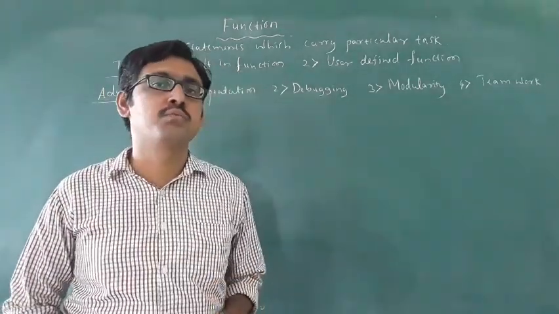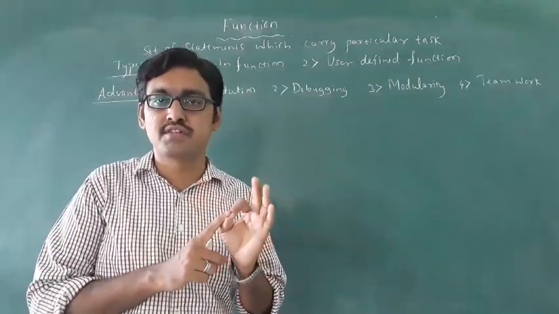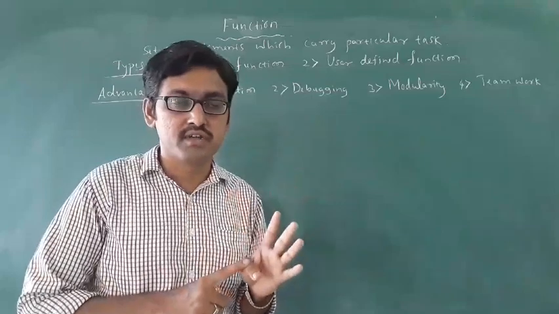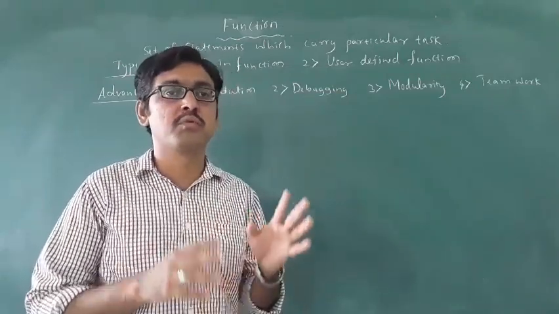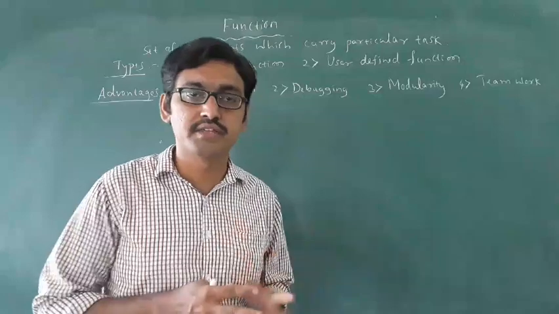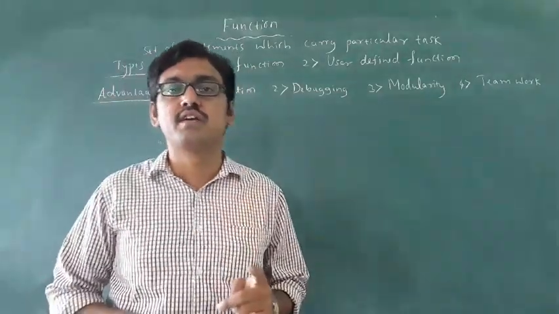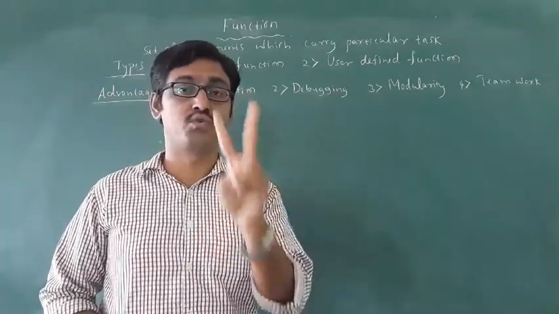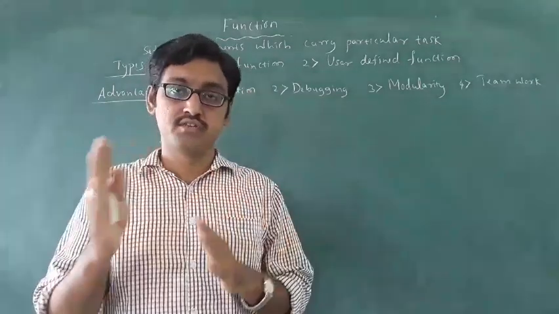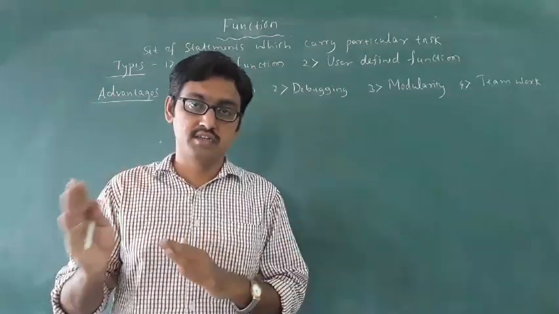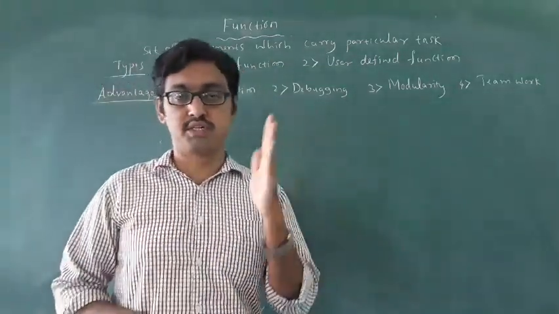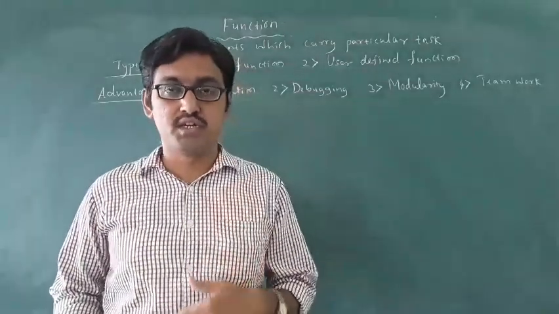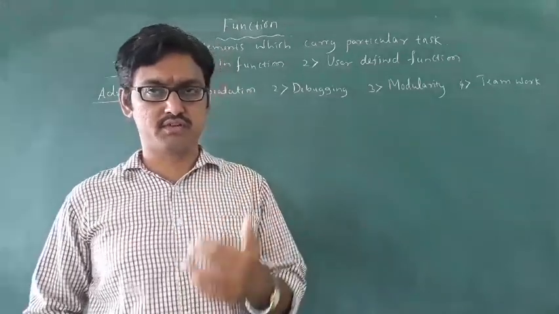In the last class we discussed arrays and strings. The main use of an array is to store numbers; you can store a large number of values in arrays. Then what is the use of a string? It is used to store characters. These two points you have to remember. The difference between array and string is that an array is used to store numbers or values, but a string is used to store characters.